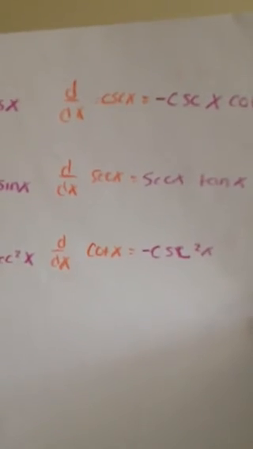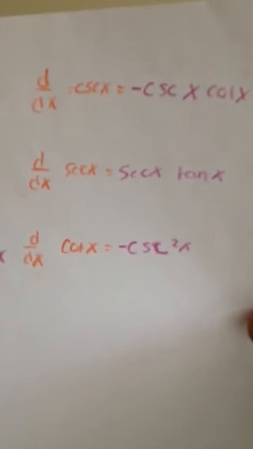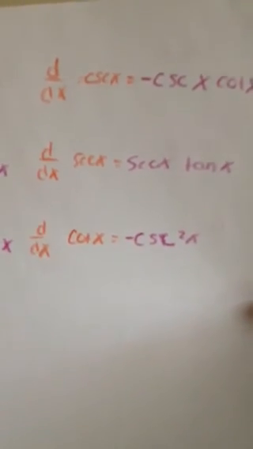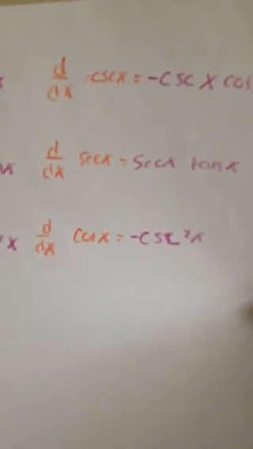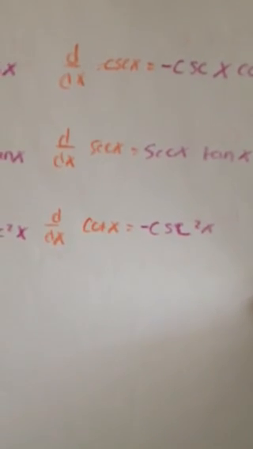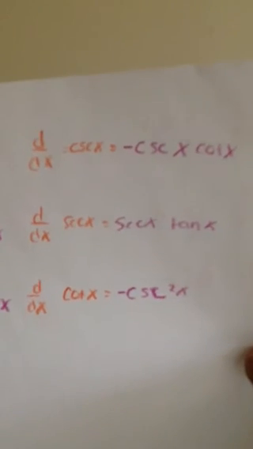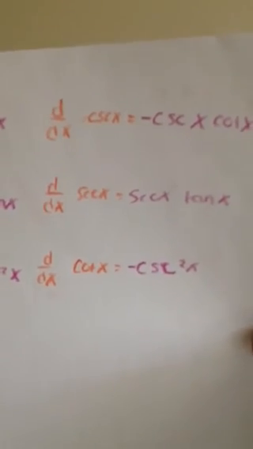Now to do the other side, the reciprocals of each and every single one of them. For cosecant and secant, how I remember them is that I look at cosecant and secant, and I know that the first terms would always be what they're asking. So for the derivative of cosecant, I know that it's always going to be cosecant, and I have to remember that cosecant on the left side is always going to have a negative on it. So for the first part, the derivative of cosecant, I know that I have to have two